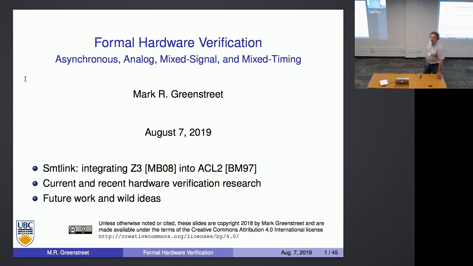Thanks, William. Okay, so today, William asked me to come and talk about hardware verification work that I've been doing at UBC over the past several years. Quite a bit of the recent work I've been doing has been built upon